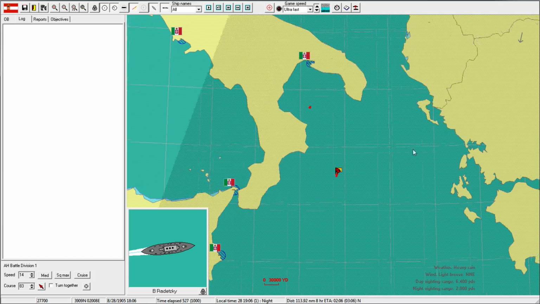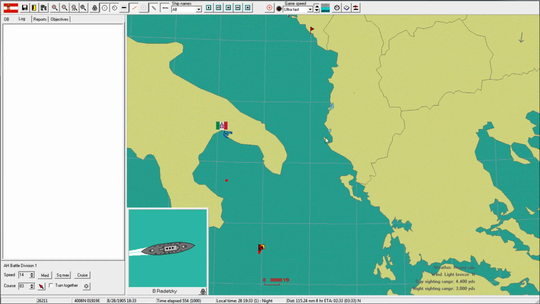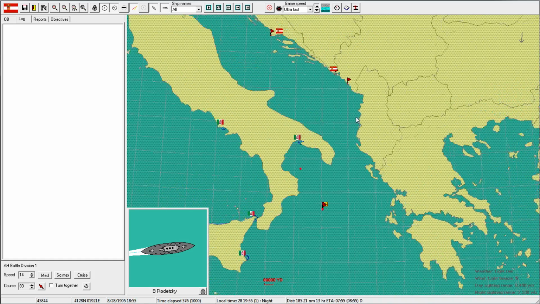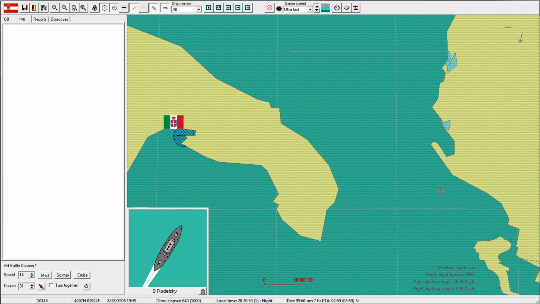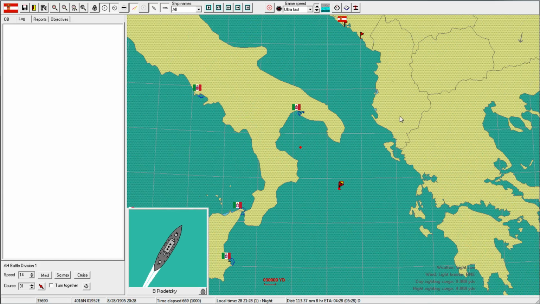We'll just go cruise speed around. Maybe slowly meander our way back. Nearest Austro-Hungarian port is pretty far away, so make our way over here. Mediterranean usually doesn't have such bad weather conditions, so...